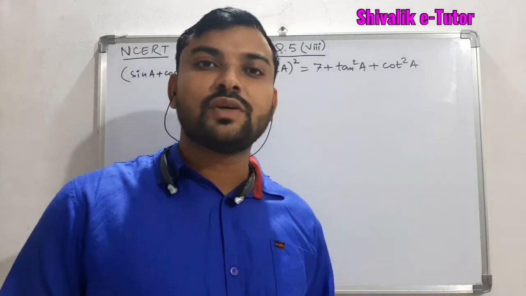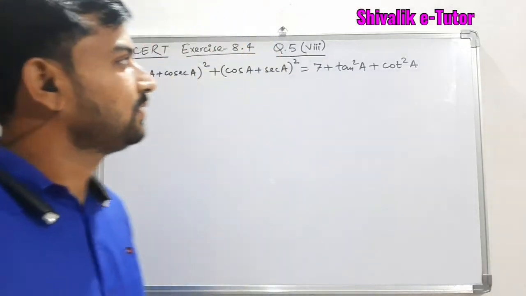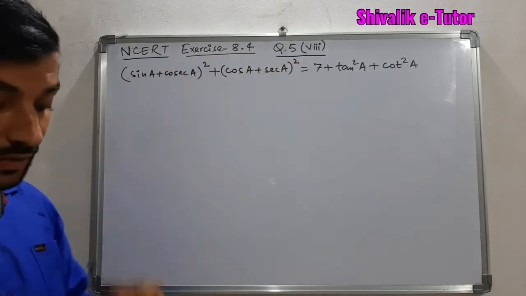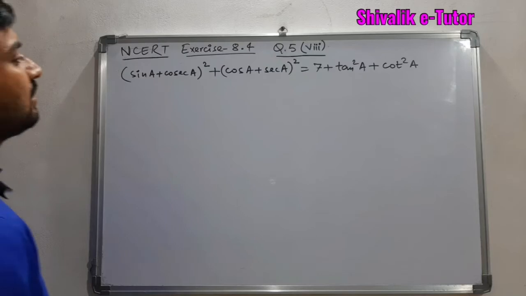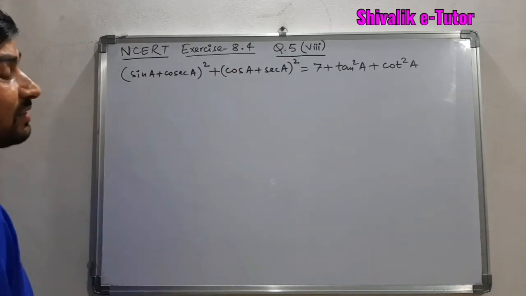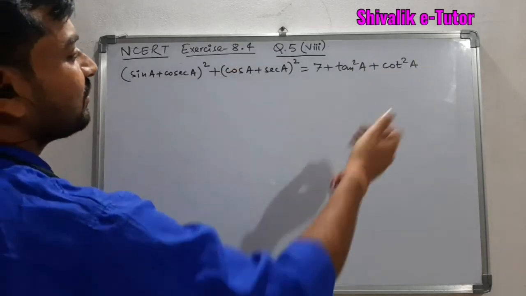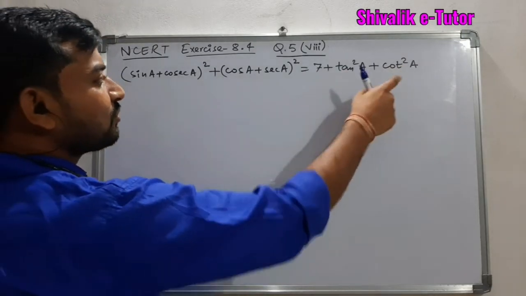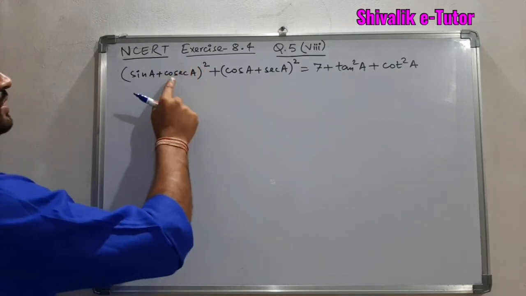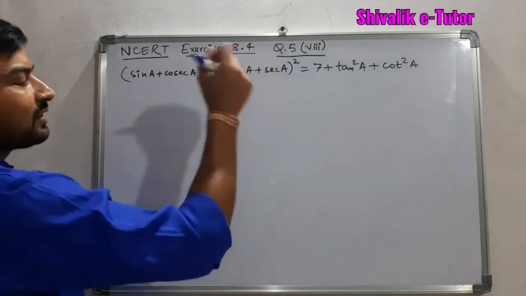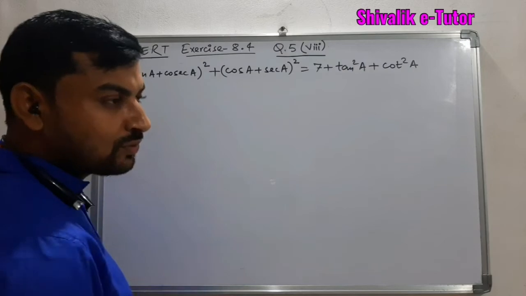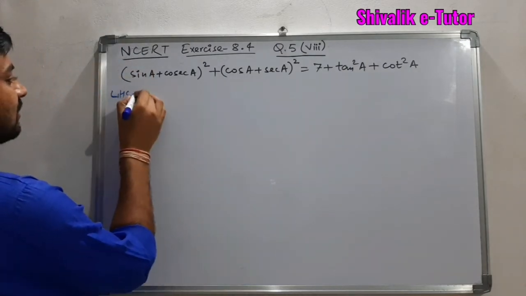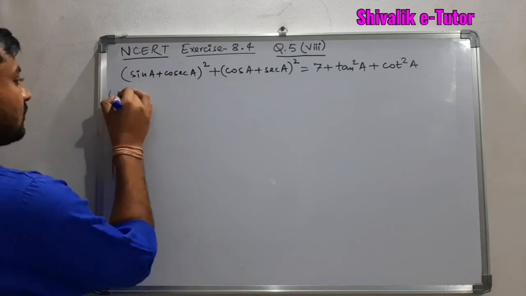Now in this video based on trigonometric identities, I am taking up a question that is NCERT exercise 8.4 question number 5, 8th part. Here the question is very simple. We have certain perfect squares in LHS, and we have to convert this into some result, that is on the right hand side. Here there are tan square and cot square, and clearly when we open the squares, here cosec square will come and here sec square will come, with which we can convert into tan square and cot square. So let us start with the LHS part here.